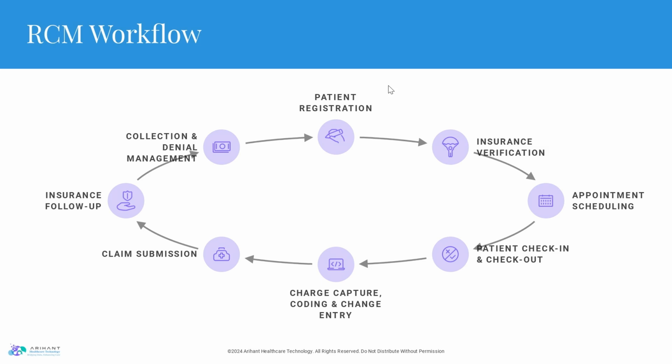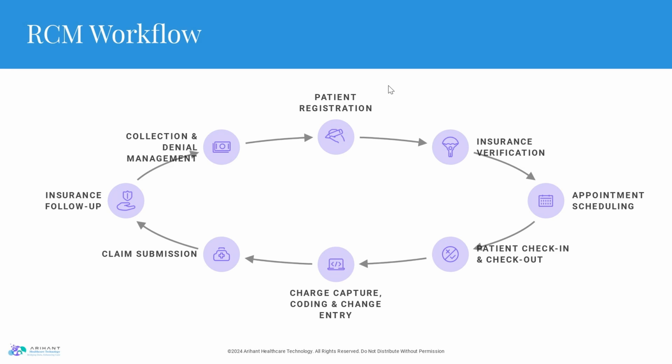In the billing department, a claim is created based on the codes assigned during the encounter, and this claim gets sent to John's insurance company. Once claims are submitted to the insurance company, the insurance follow-ups happen. If the insurance company pays everything, then it's good. Otherwise, it goes to